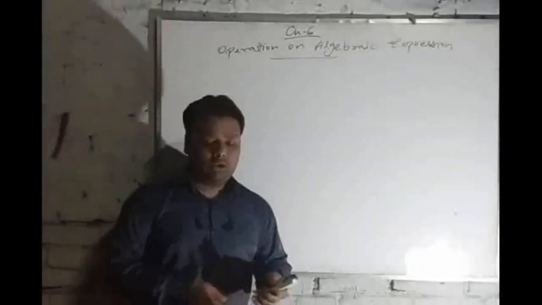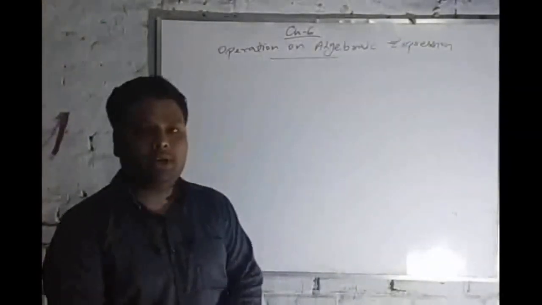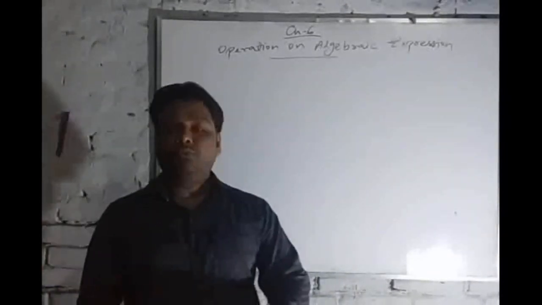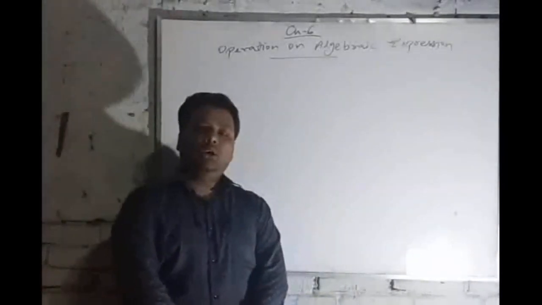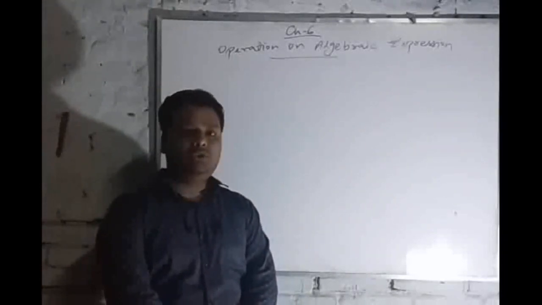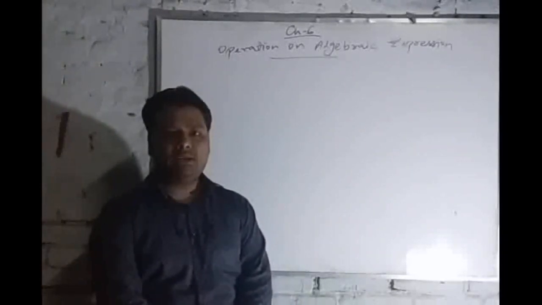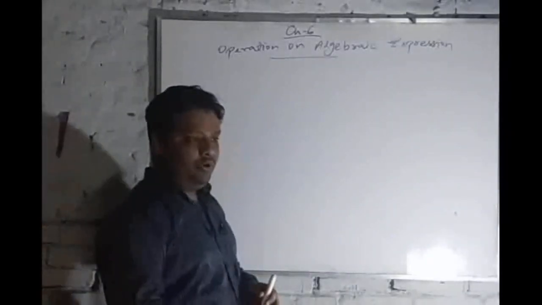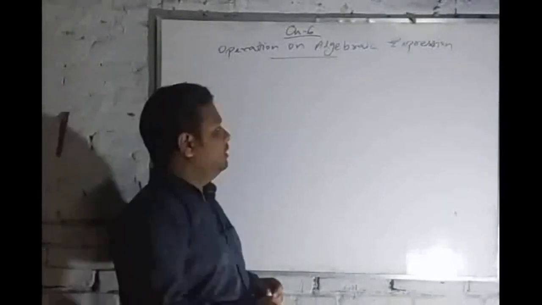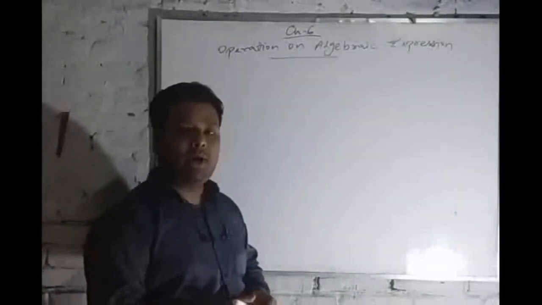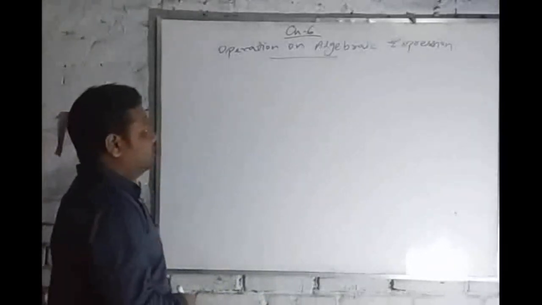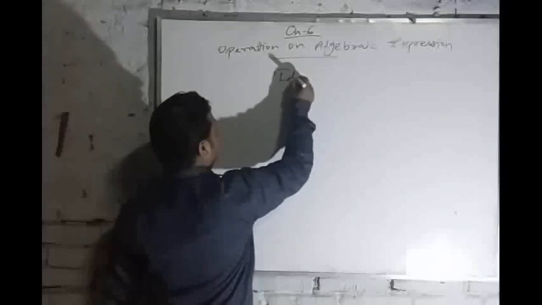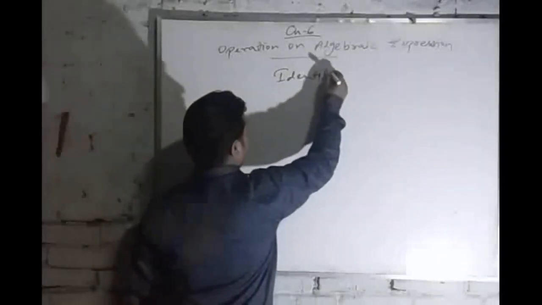Yes, dear. Now let's move to the next topic. The next topic is to find the value of any polynomial, that is, to multiply any two polynomials by using identities. What are identities? Identity is a formula. Okay. So let's see what formula we will use to multiply any two polynomials. There are three main formulas. Okay. At first, we will write the heading Identities.